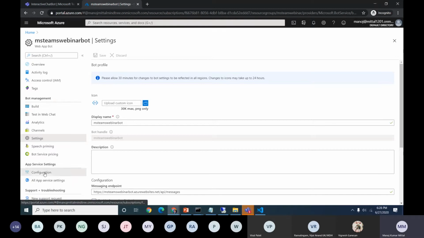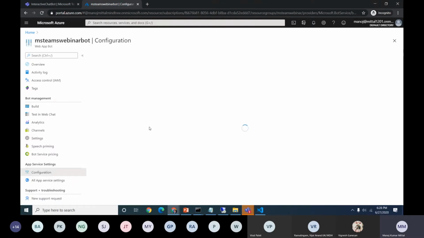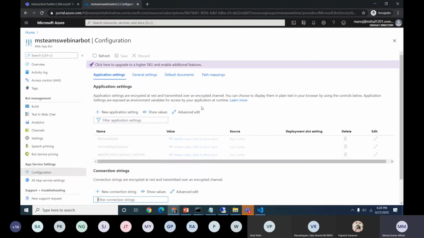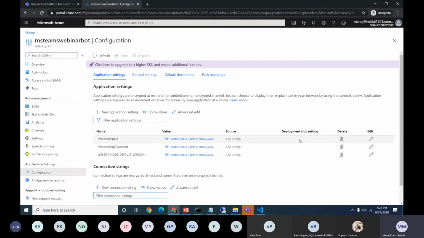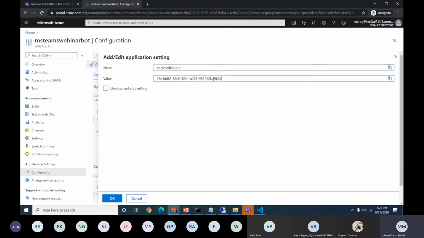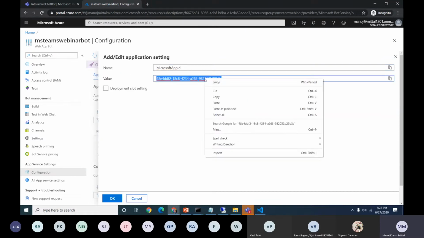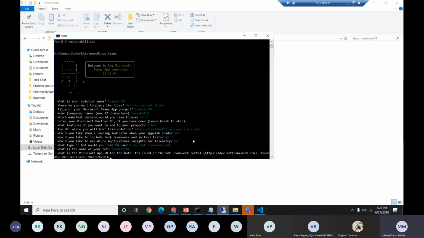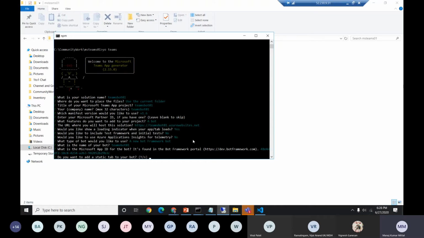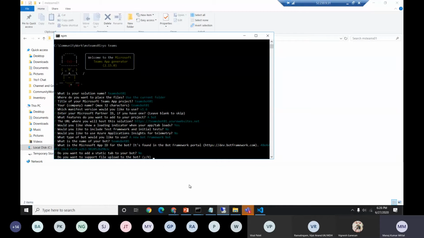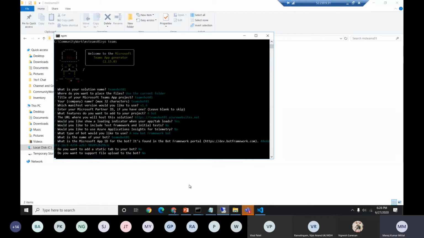Once I come back here, go to the configuration section. Here we'll get the app ID and the app secret. Let me click it here. I will take this app ID, copy it, go back to the different screen, put it here and click enter. Now we don't want a static tab, and the support file we don't need. That's it.